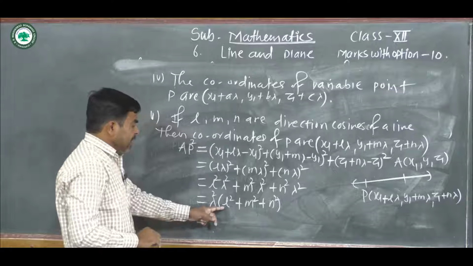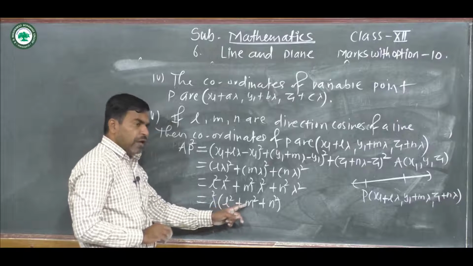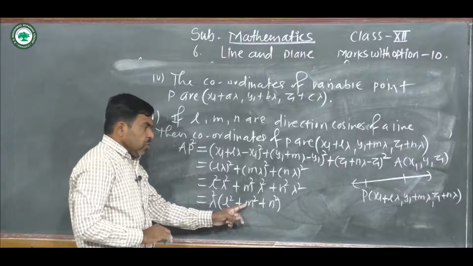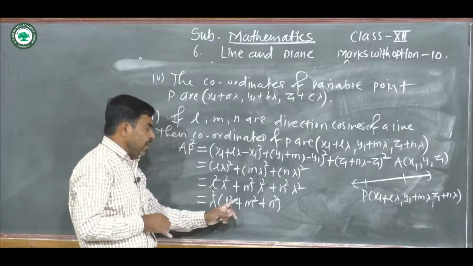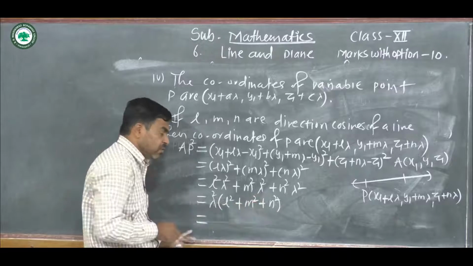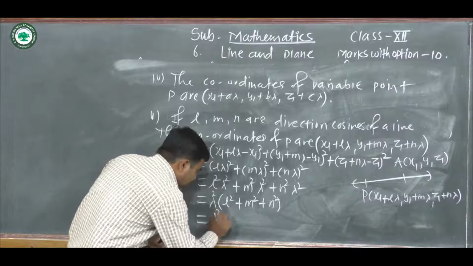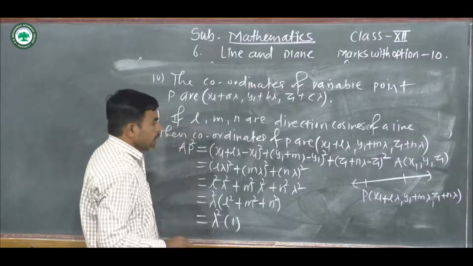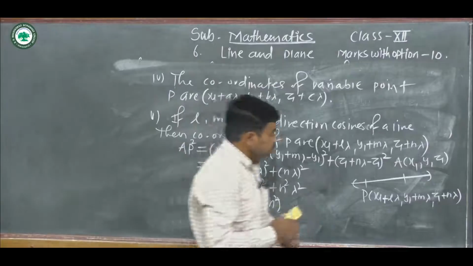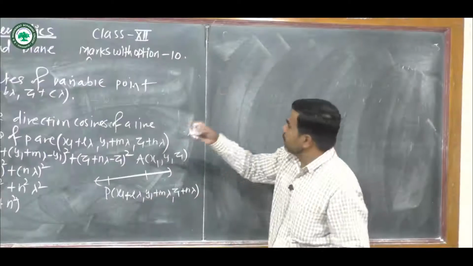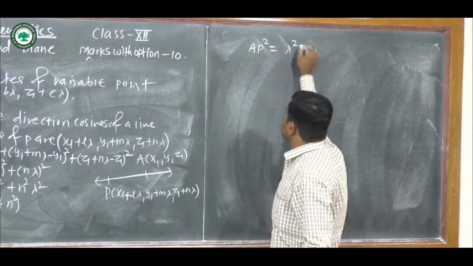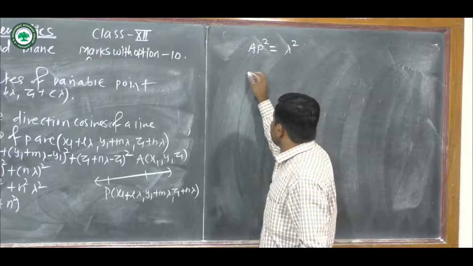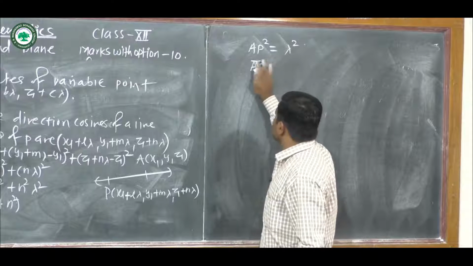Now, what are L, m, n? L, m, n are direction cosines of a line. So we have one of the properties of direction cosines of a line, that is L square plus m square plus n square is equal to 1. So, lambda square in bracket 1. Therefore, it is equal to, what is this? AP square. So, AP square is equal to lambda square. So, from this one, AP is equal to